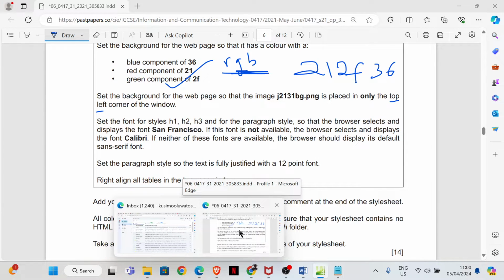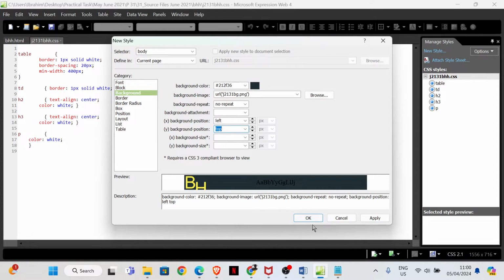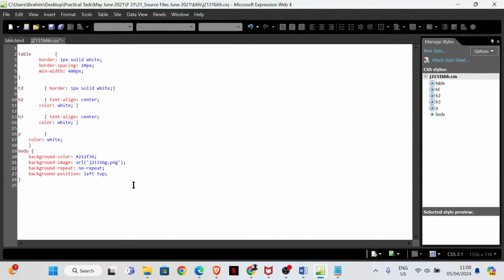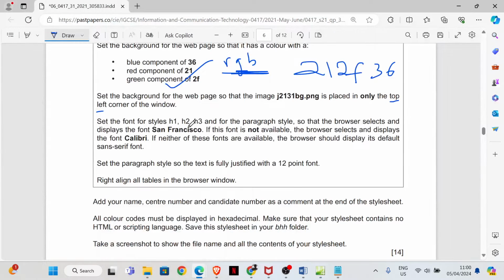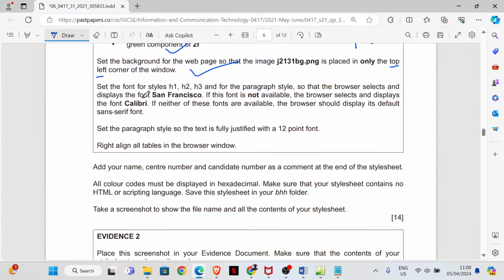Yeah, that's it. Okay, there's no other style for background. Okay, so we click OK. That's done. Okay, set the font for the styles H1, H2, H3, and for paragraph style so that the browser selects and